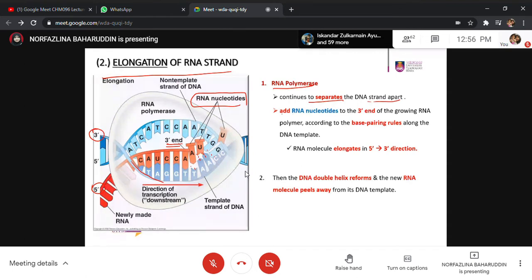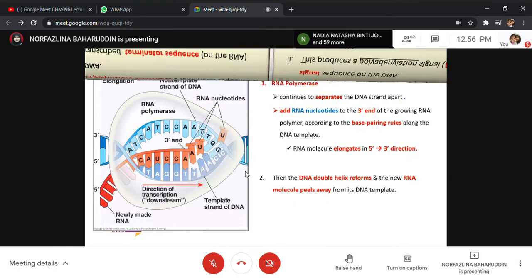It will add RNA nucleotides to the 3 end here, the 3 end of the growing RNA polymer, according to the base pairing rules along the DNA template in a 5 to 3 direction. Behind this part, after it transcribes, the double helix reforms, and the new mRNA, the RNA transcript, pulls away and detaches from its DNA template. Okay, that is elongation. Next process, last of all,